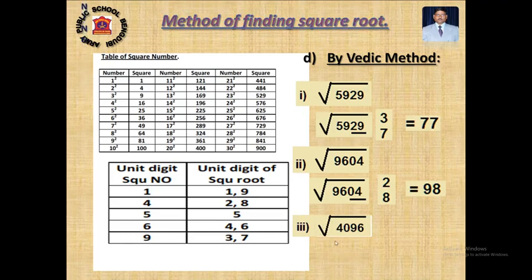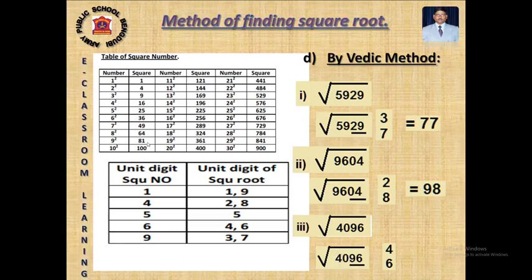Now last example I am giving. Suppose you like to find out the square root of 4096 by Vedic method. Okay, what to do? Same way, underline the last 2 digits. 96, number ending with 6. What is the possibility? Either 4 or 6. So your unit digit possibility is 4 or 6. And leaving these 2 digits, what is the rest number? Rest number is 40. 40 is coming after whose square number? You see 6 is 36, 7 is 49. So the 10 digit will be 6 only.